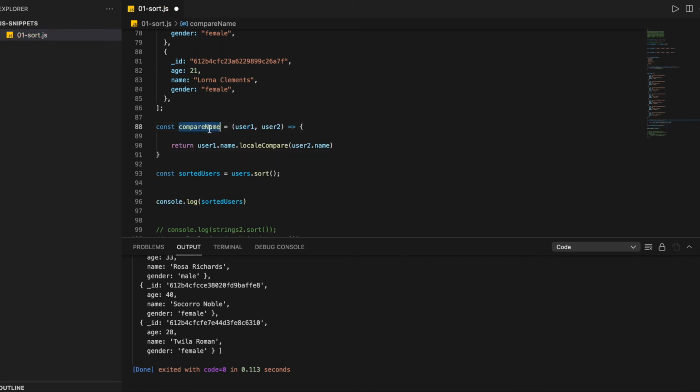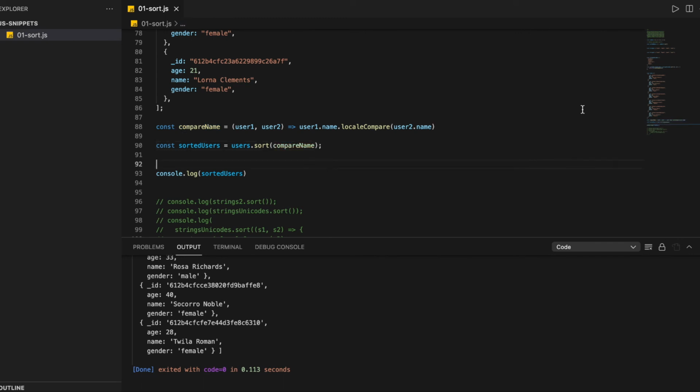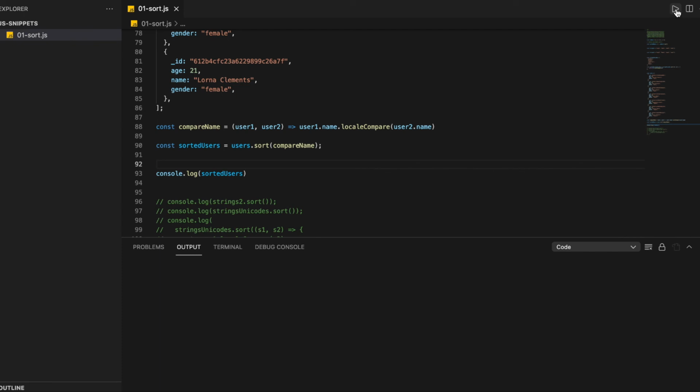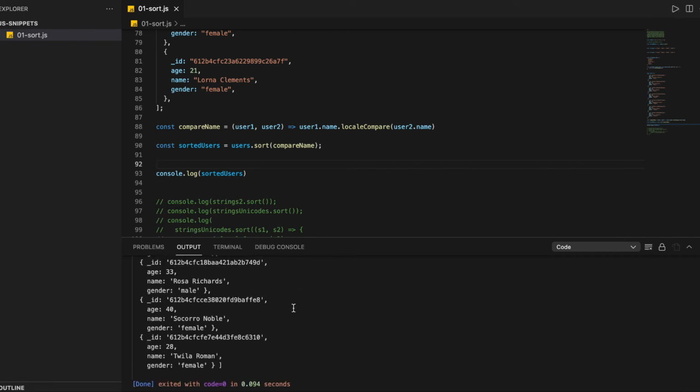So now this is a reusable function. Let's remove the unnecessary code. Now I can reuse this function. Let's try to run again. As you can see, there is no change in the result. So similarly, you can create multiple comparators.